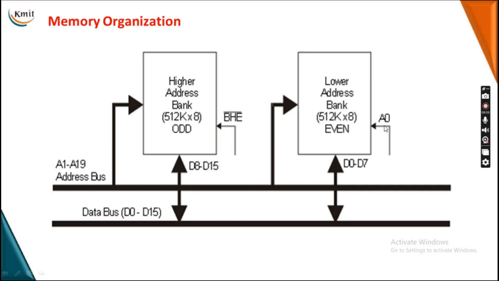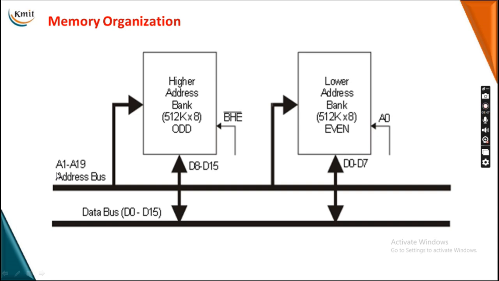these two are my enable pins in your microprocessor, A0 and BHE bar, bus high enable. So these 2 pins we have in our microprocessor are my enabling pins for your address banks. For the lower address bank, A0. For the higher address bank, BHE bar. Getting the point? So here you can see we have a 20-bit address bus whose address is from A0 to A19,